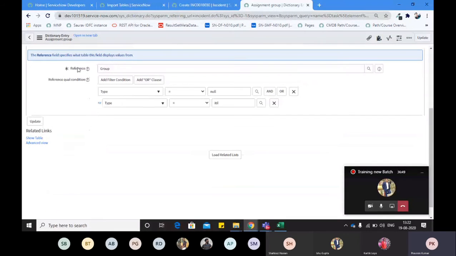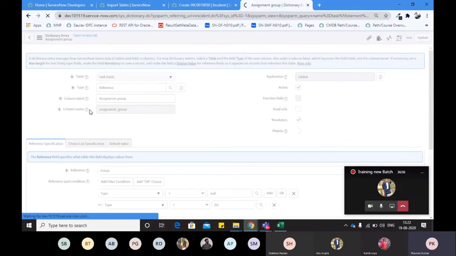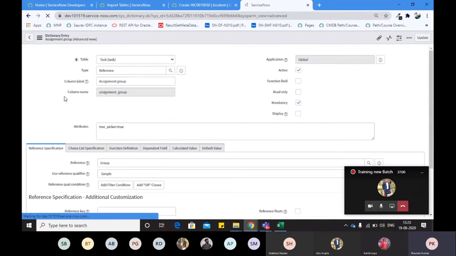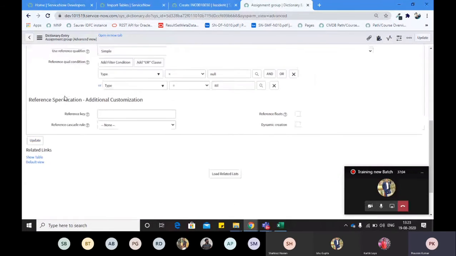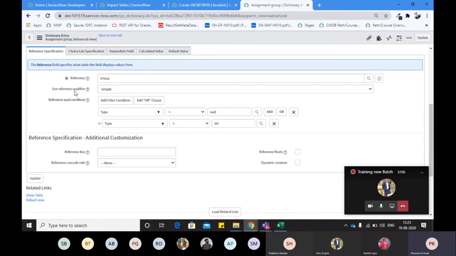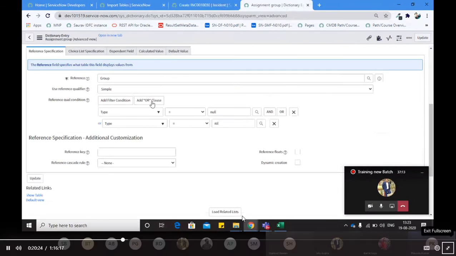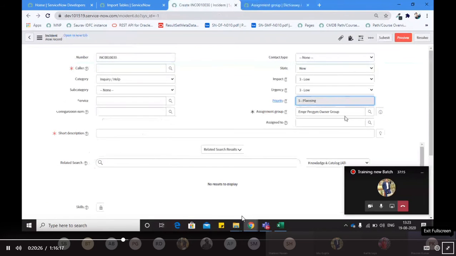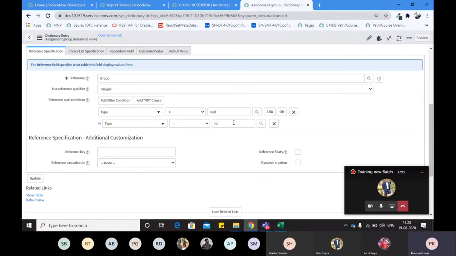The reference I have chosen here is group, right? Coming to the advanced view. So now I am in the advanced view, and basically I want that all the groups which are coming here should fulfill some condition, and that condition could be, for example, name should be a specific group name, right?